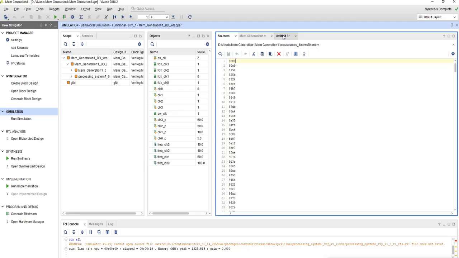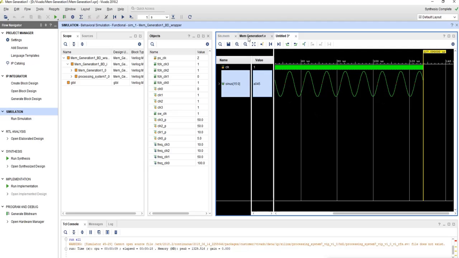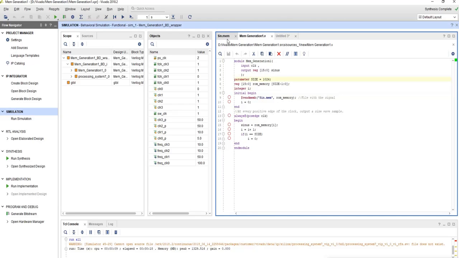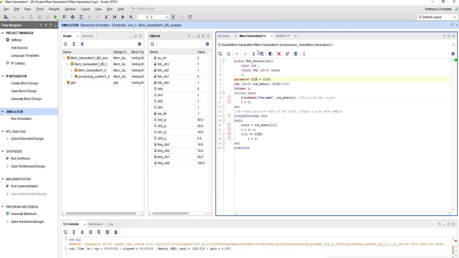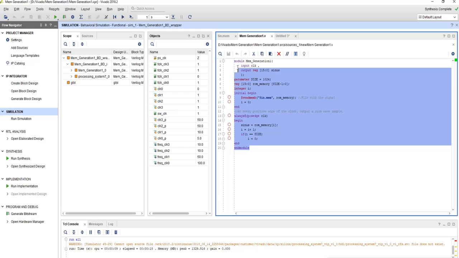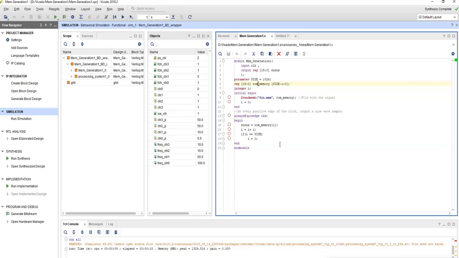From the lookup table this sine wave has been generated, and this is the memory file from which it has been generated. This command is reading the data from the memory file. So this project is all about this reading of a memory file. That's it.